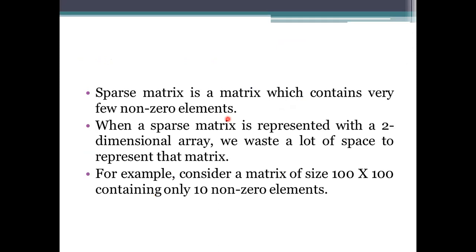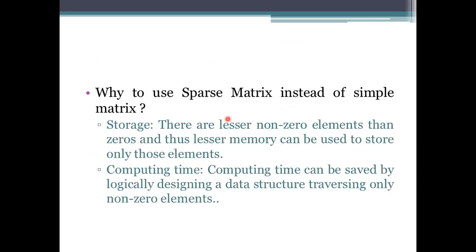Now coming to the next one, sparse matrix. The matrix representation we have seen uses a two-dimensional array formation, where it stores the elements in the form of rows and columns. When a matrix consists of very few non-zero elements, it is named a sparse matrix. This is represented by a two-dimensional array taking n by n representation. As for the advantages and disadvantages, you will have less data when compared with that one.